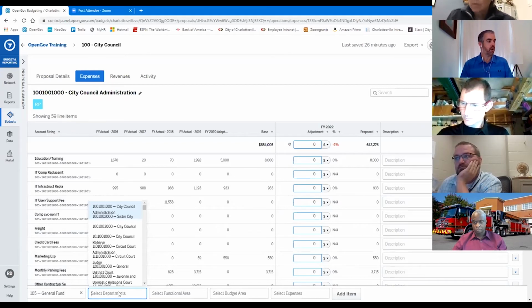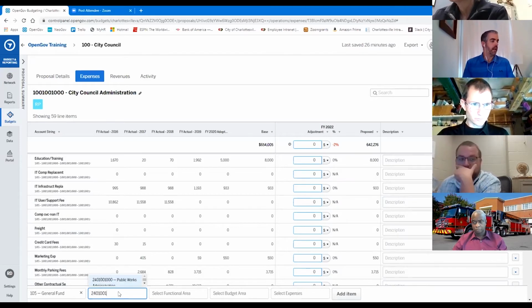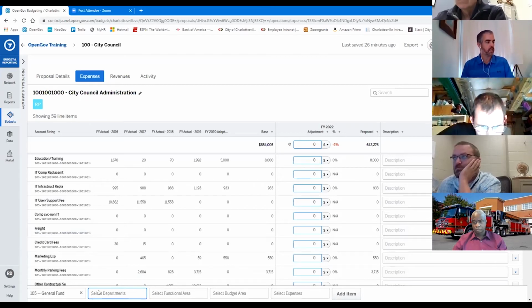The next one is your cost center. It's a select department. That's going to be your cost center. So you start typing in your cost center, and it'll narrow it down so that you know what those cost centers are. You don't have to scroll through. So if you know your cost center, you can just type it in,